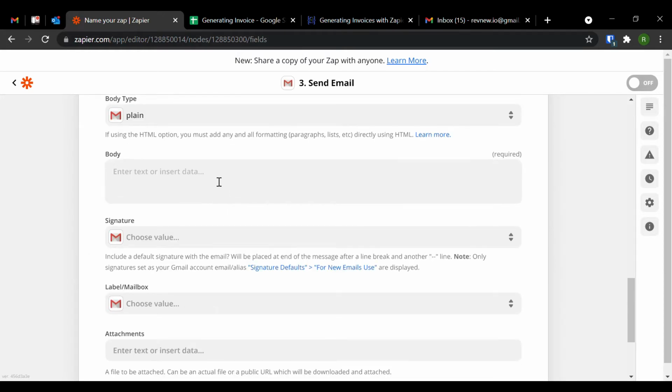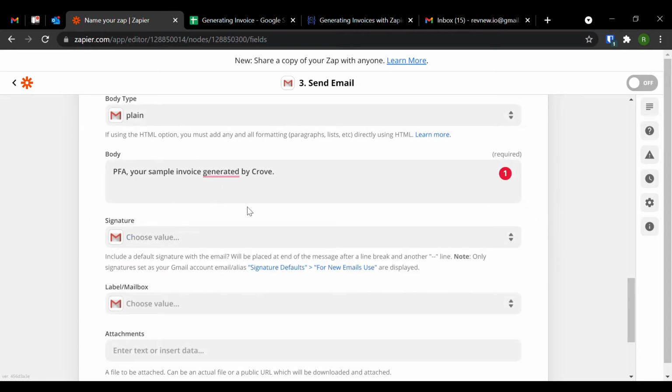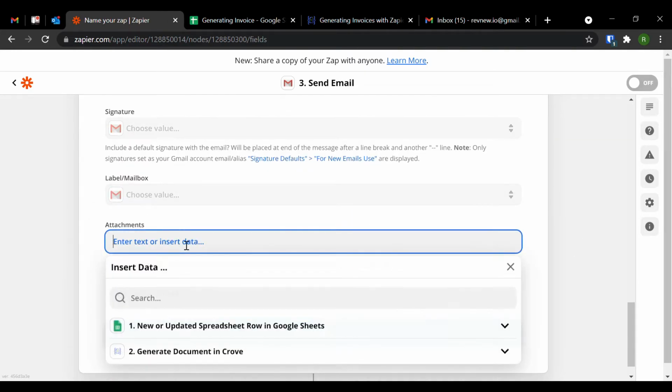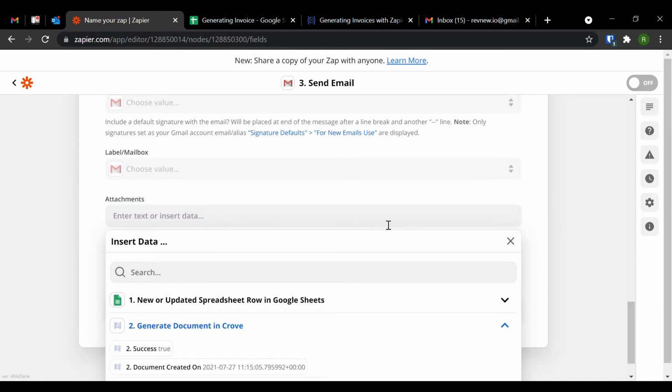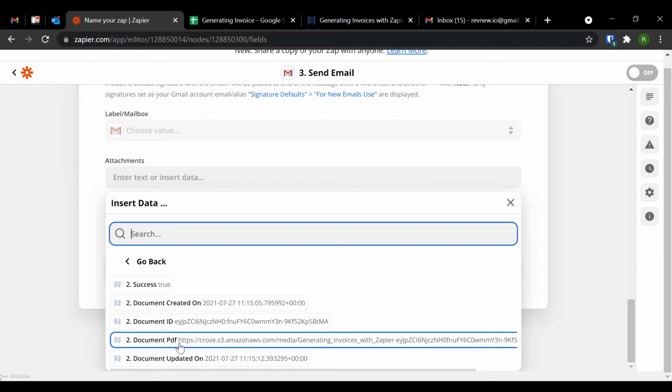Let's say body: Please find attached your sample invoice generated by Grove. This is done. I don't want to add a signature or a label. I want to add an attachment. Yes, I want to add the generated document, which I can add from here, document PDF.